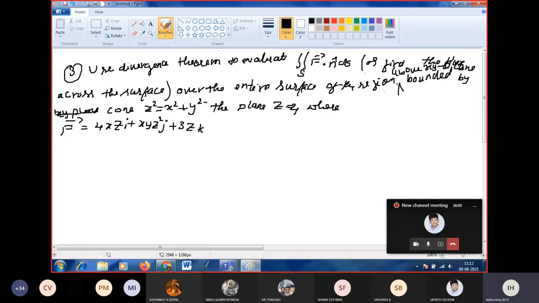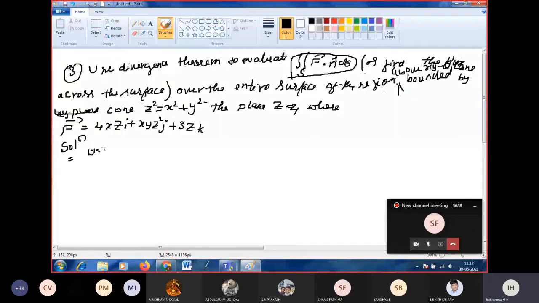What is a flux? It's a force applied in any medium. This double integral over the surface S of vector F dot n cap dS will give us the flux across the surface. So this is a formula. Now it is easy to find the flux across the surface by using Gauss divergence theorem. So write down the solution.